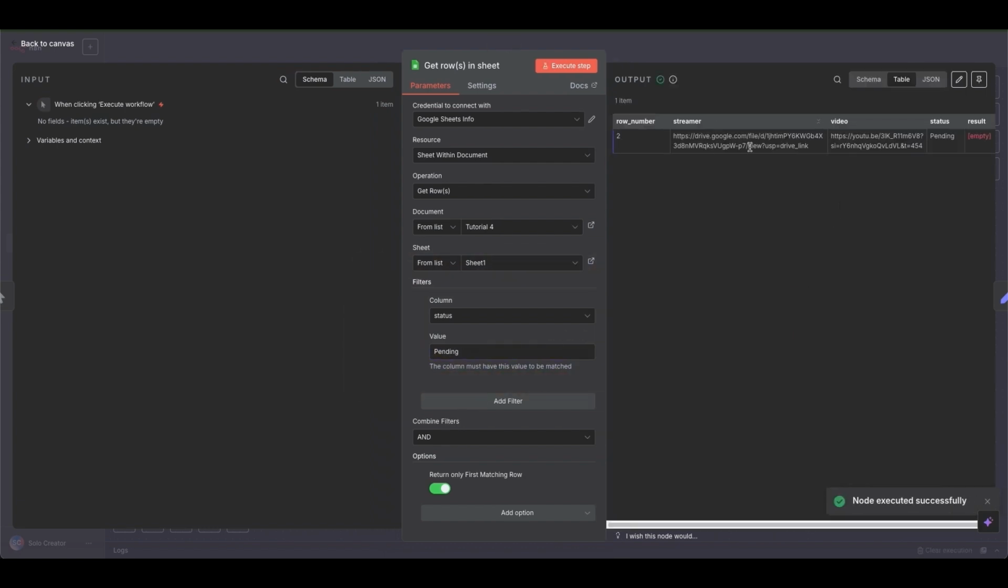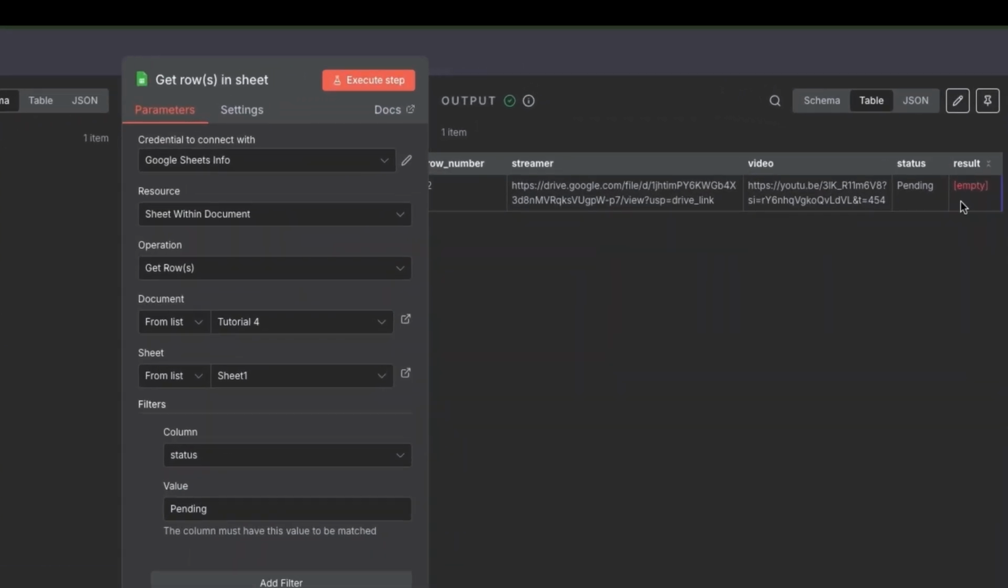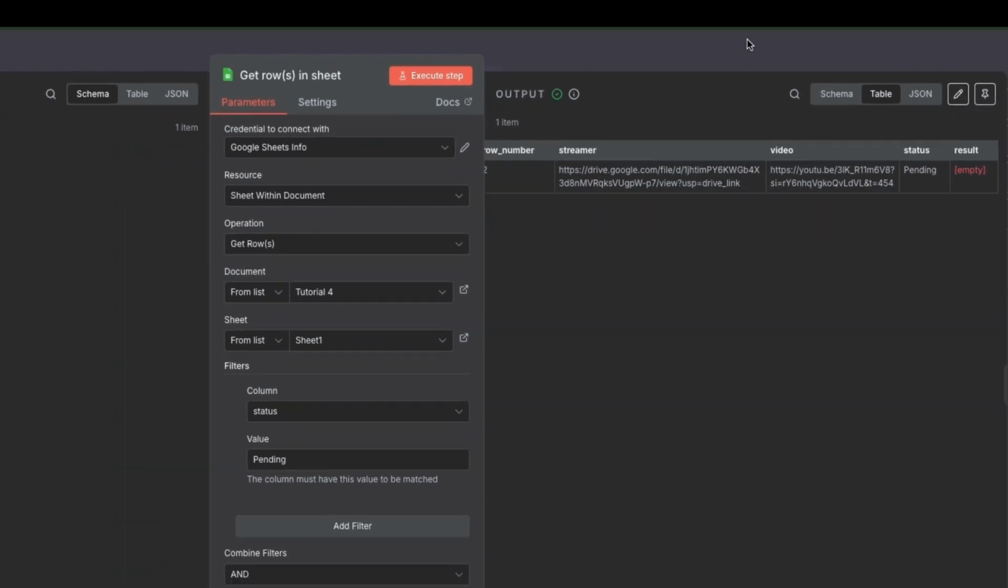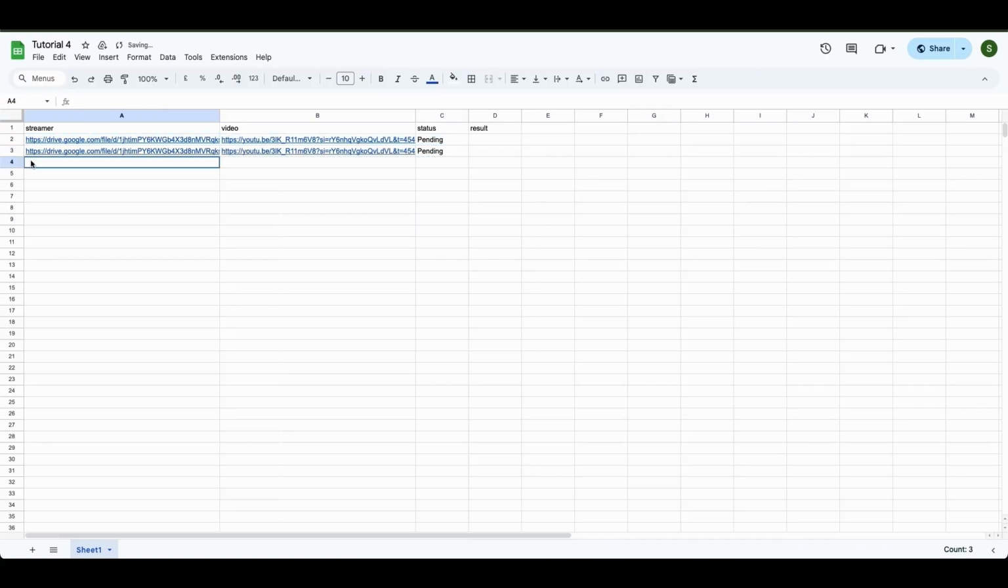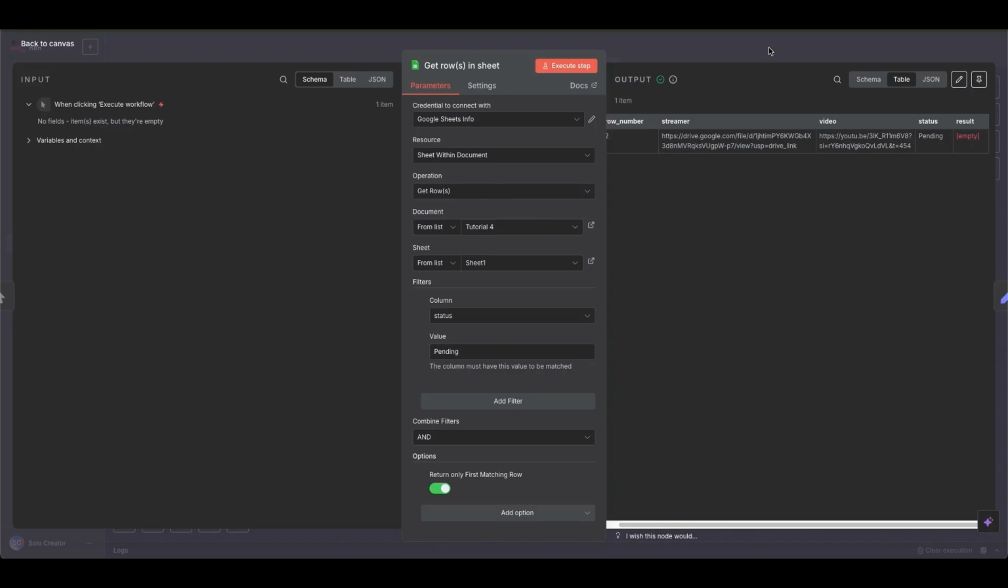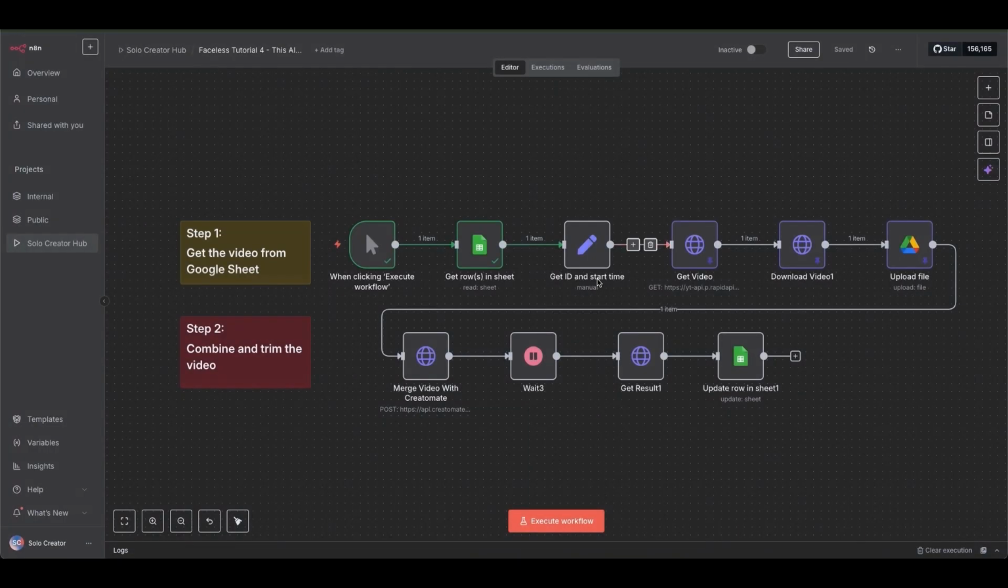When you run the Google Sheet node, the automation instantly connects to that Google Sheet and grabs the very first row that's still marked as pending. It's basically like an assembly line. Each row is a raw ingredient just waiting to be turned into a finished short. This keeps everything super organized and scalable. You could queue up 10, 50, or even 100 videos, and the workflow will just handle them one after another